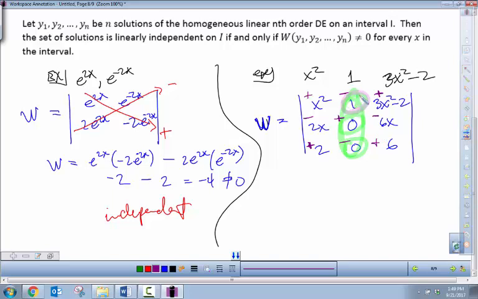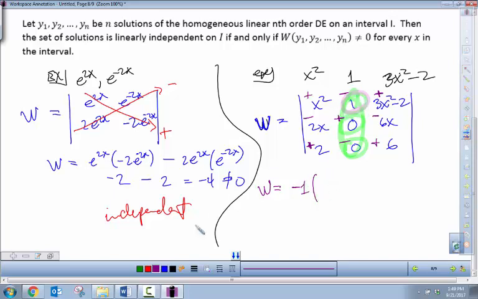So for the first one, I'm going to expand on the second column, and the second column will innately start with a negative sign. So negative 1